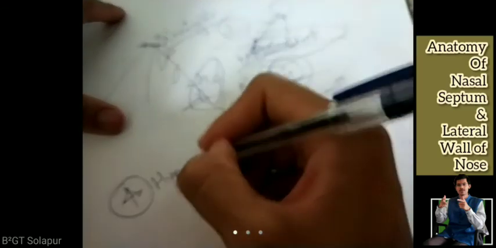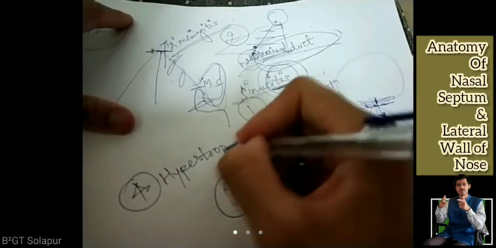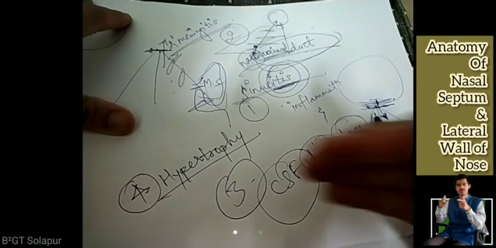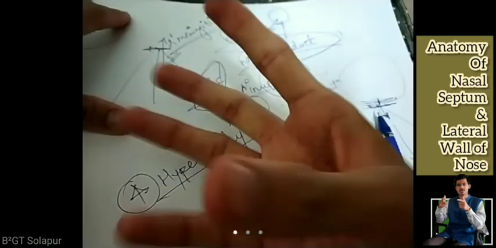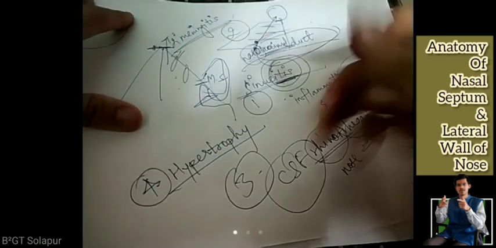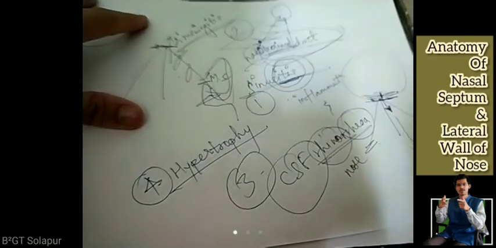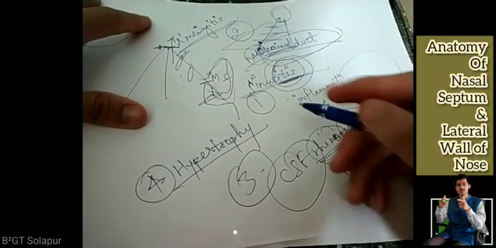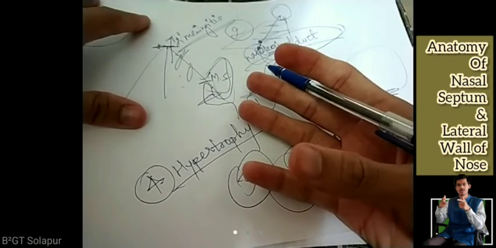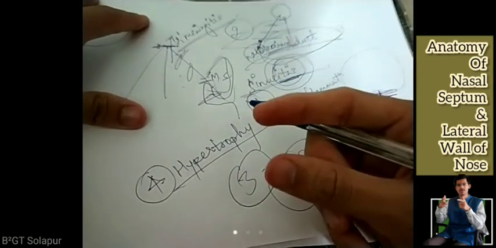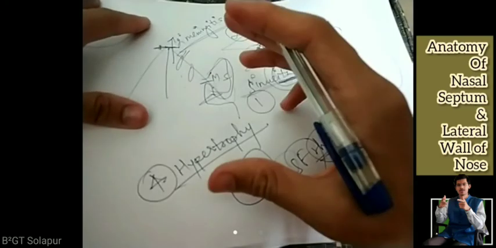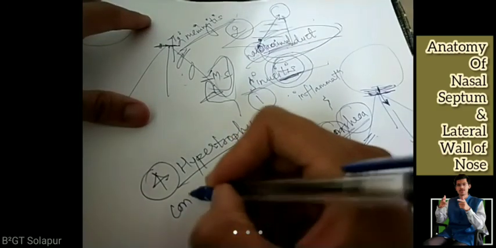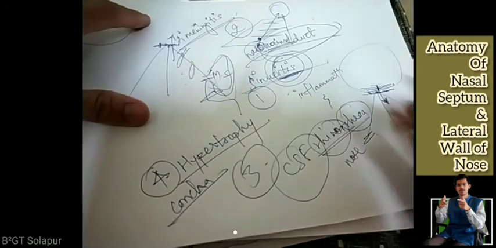You have heard about cardiac hypertrophy, ventricular hypertrophy. Hypertrophy means to compensate the action, it increases. What is hypertrophy? The number of cells is the same, but the size of the cell increases. Okay, the number of cells in the tissue is the same, but the size increases. So the overall tissue size will become larger. So there is hypertrophy of the concha.